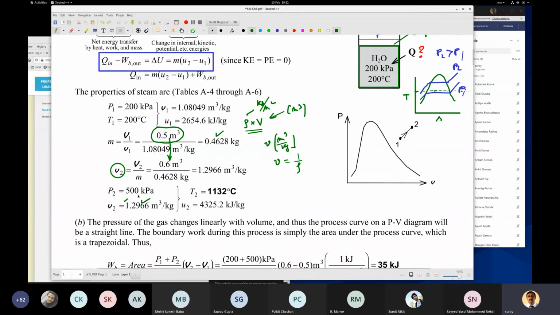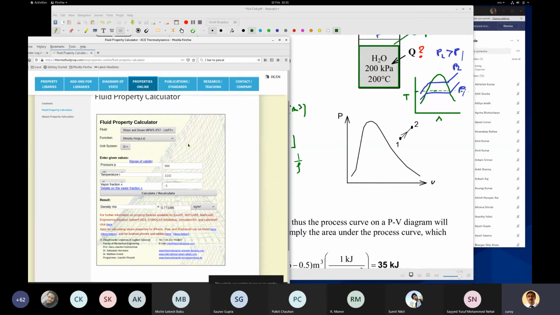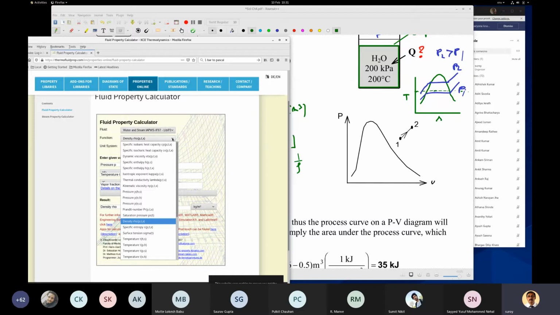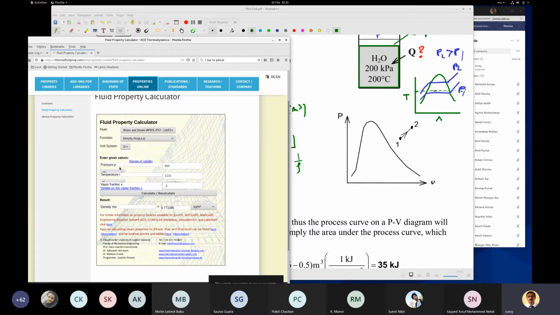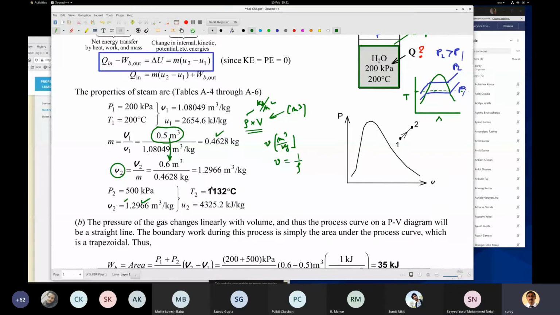What we have to do is, because we cannot specify the specific volume and get the temperature, that I don't think is possible here. Specific volume, can we specify? No, there is no way to specify. So here, now we have to try out different things. Say I try out 1000, and you get some value. So this is the density. You have to match the temperature to get the appropriate density. Because I know the answer, I am able to do it.